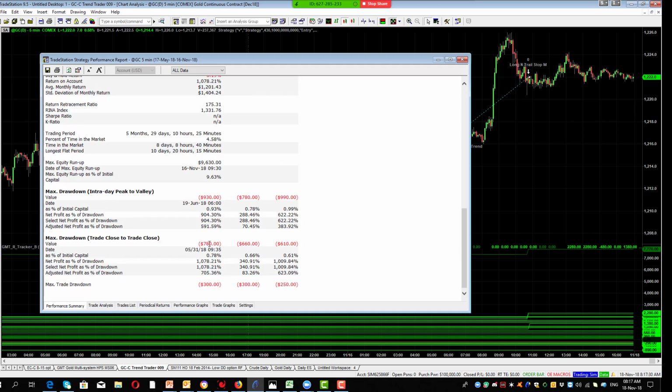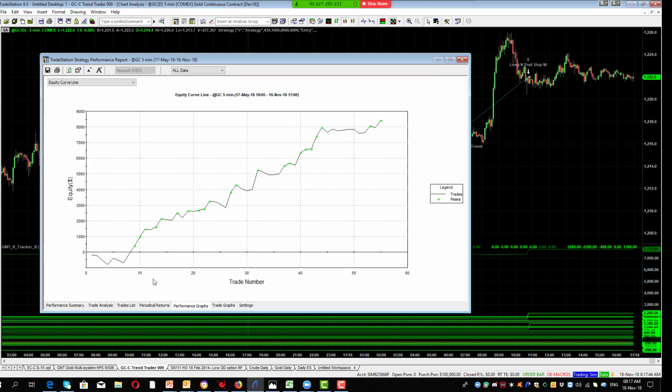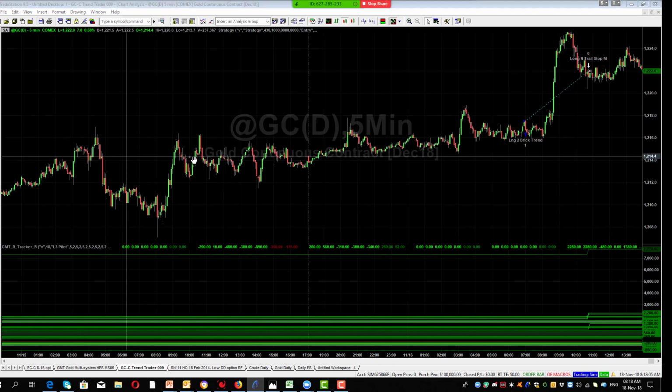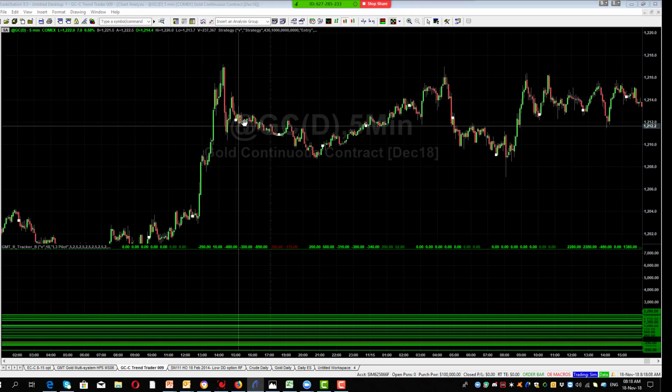The other thing is too, the drawdown is fairly minimal at 780, but the good thing is with this system, it doesn't matter whether we're trading longs or shorts, whether the market's got a long or short bias. This thing's just ticking along nicely, and it seems to be just holding its equity curve as well. So as far as the structure of the market and a balance, this is a really nice balanced system, and it's not one that you would say has a significant bias, which is what we want to see.